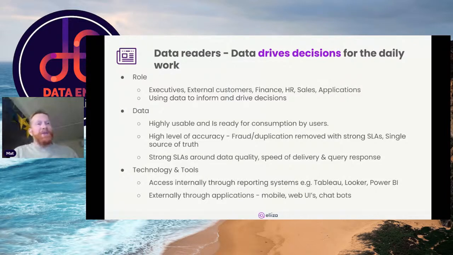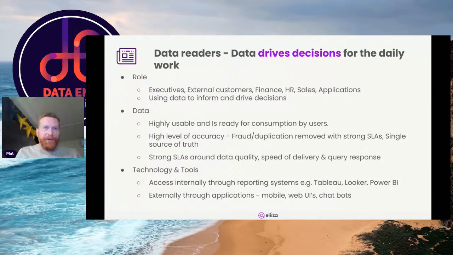For example, again, if you go to your bank account and you query your bank balance, you don't want it to take an hour to return the answer, or you don't want it to be X days old. It has to be accurate and timely. And so the data that is provided needs to be highly usable and ready for consumption by users.